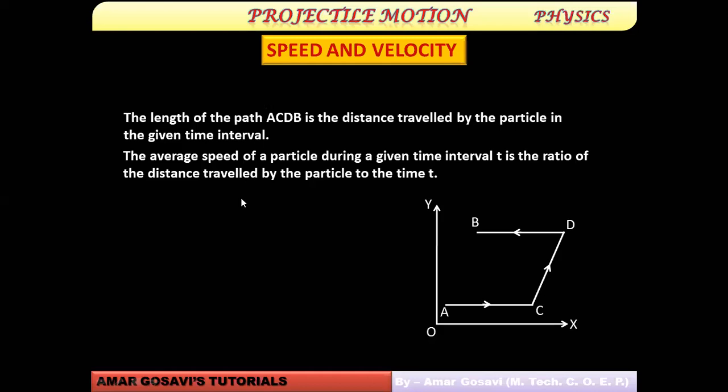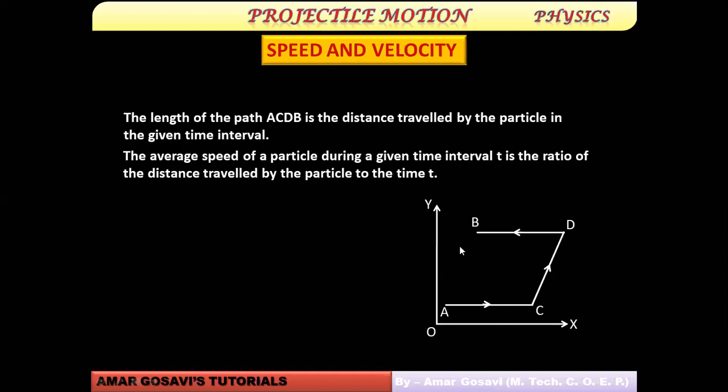But when it comes to velocity, velocity is a vector quantity. We all know, friends, vector quantities need magnitude as well as direction for their description. So here in this case, when I was talking about speed, I did talk about distance per unit time. But when I'm talking about velocity, I will talk about displacement per unit time. Now, what is the difference between distance and displacement? I told you from this graph, the distance would be measured from A to C, C to D, and D to B. The entire thing will be distance.